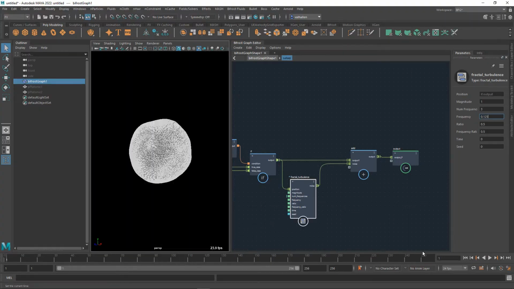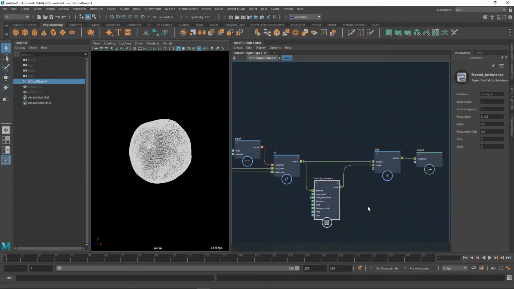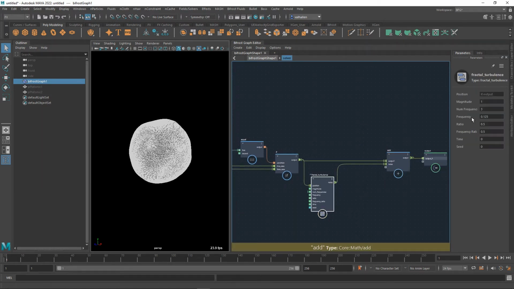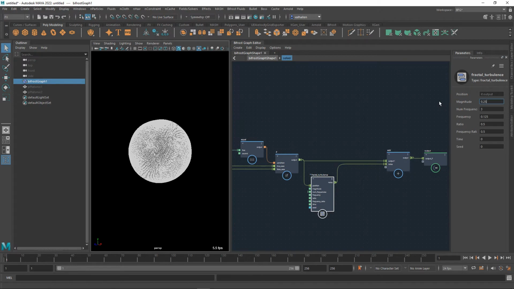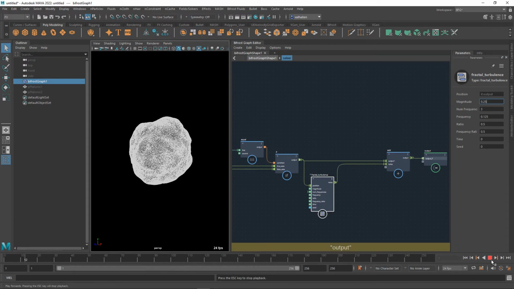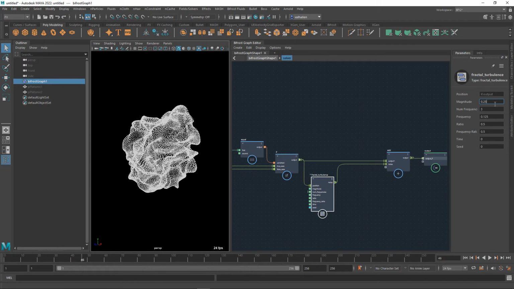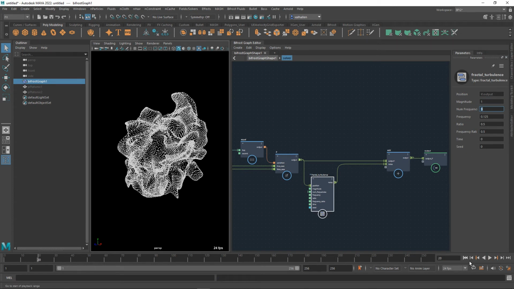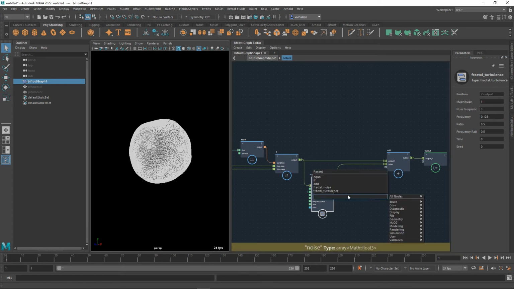Now, that's just with a piece of fractal turbulence. Perhaps that's moving too fast for me. I could just change the magnitude here. So it's not, but it's also not as big. So if I want to keep how big the distortions are, like this, but have them run slower,